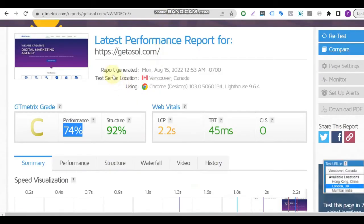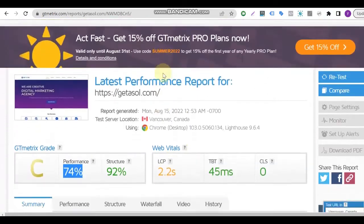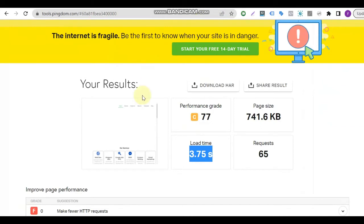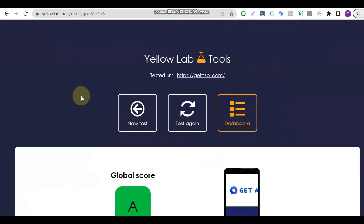And the second tool is GTmetrix. Same process, I just put my URL in the search bar and it tells me about the performance: 74%, structure 92%, LCP, TBT, CLS, and Pingdom speed test, performance grade C, 741 page size, and load time is 3.7 seconds. Yellow Lab Tools